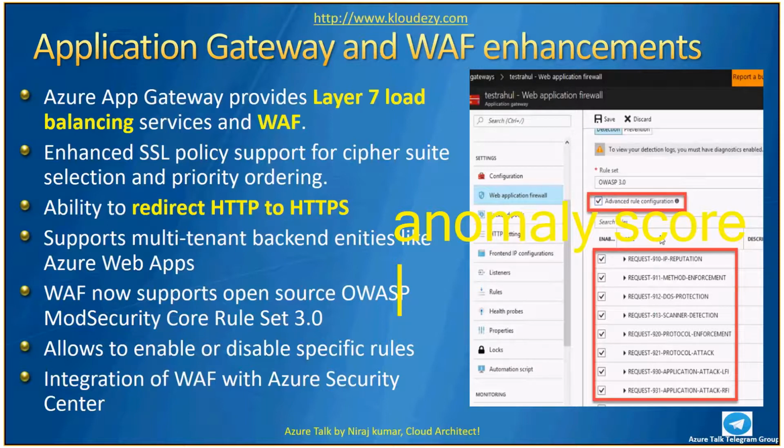To answer your question, you had a question: is this like a firewall rule? It's called a web application firewall rule. Yes, it is a firewall for the website. So any incoming traffic to a website has to first go through this WAF, and then it gets inspected.